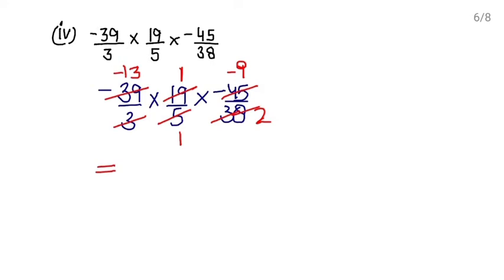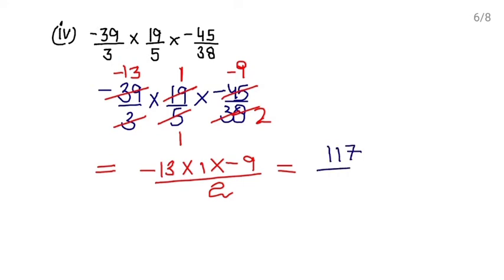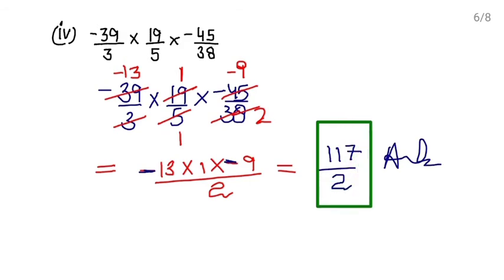So what you are getting? In numerator you are getting minus 13 multiply 1 multiply minus 9, and in denominator you just have 2. Multiply them. 13 9s are 117, and this will be of plus sign because minus and minus sign are occurring even number of times. Minus minus plus ho jayega, right? So denominator is 2. So this is in standard form because numerator and denominator are not divisible by any same number, and denominator is positive.